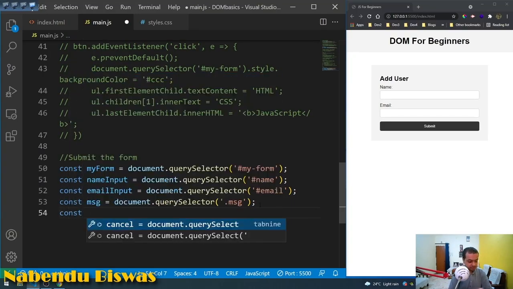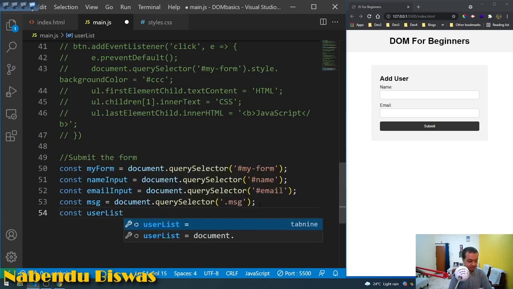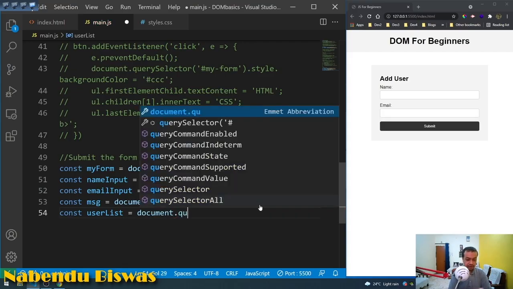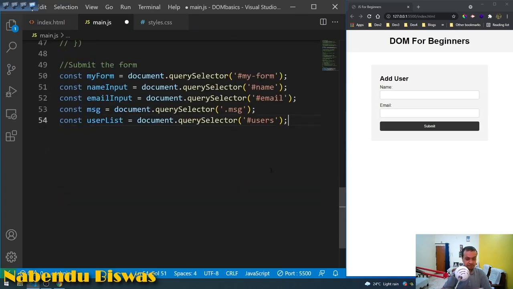Const userList equal to document.querySelector('#users'), yeah, users is there, so I'll do that. And then